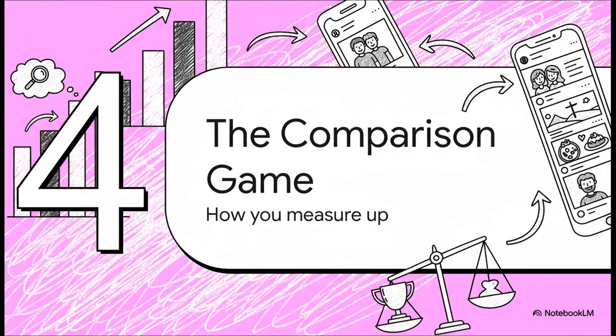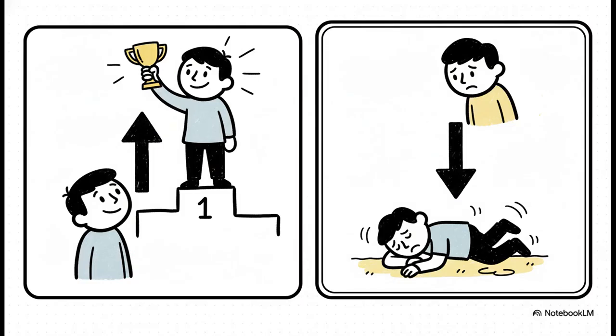Okay, so we've talked about how we present ourselves. But what happens when we're on the other side, just scrolling through everyone else's seemingly perfect lives? Well, this is where we all start playing the comparison game. We're constantly making 2 kinds of comparisons, whether we realize it or not. There's upward comparison, where you compare yourself to someone you see as better off. Maybe they have a better job, a bigger house, whatever. And then there's downward comparison, where you compare yourself to someone you see as being worse off.